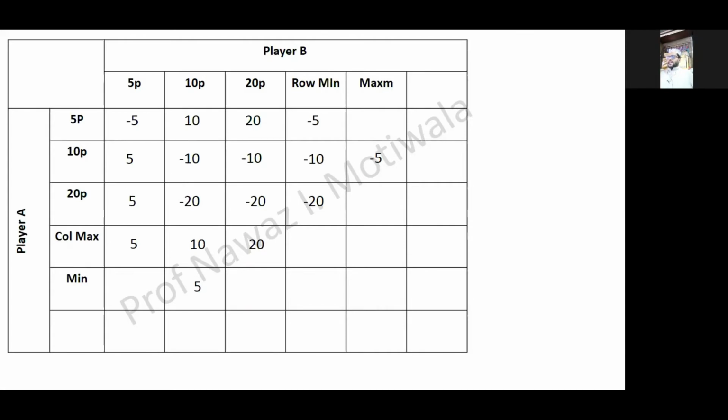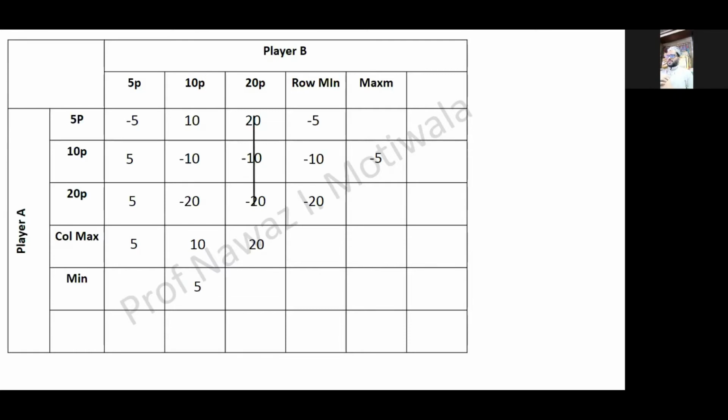For dominance, we check whether each row dominates another row. If yes, we cancel out the minimum one, and in columns we cancel out the maximum one. In this problem, if you compare row wise, you will not find any dominance, so I will switch to column wise dominance. Here, the third column is dominating the second column, because 20 is greater than 10, -10 is equal, and -20 is equal. So I will cancel out the greater column.